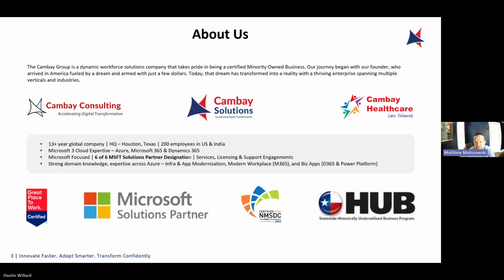Also, I think what's important to note is that AI is being infused into all of our solutions. So as we look at how we implement, it's a little bit of a different world out there. So as you can see, we have a variety of all the solution partner designations. As I mentioned, Dustin Willard is one of only 9 Copilot MVPs in the US. So we're really making some heavy investments into how organizations approach AI, and really excited to show off today what we can do for you. Dustin, next slide, please.